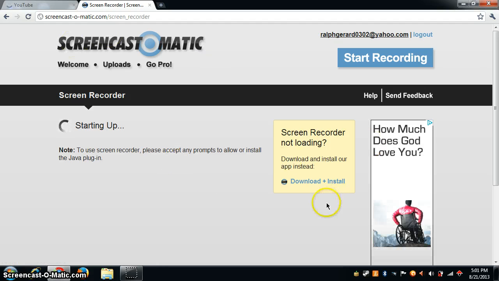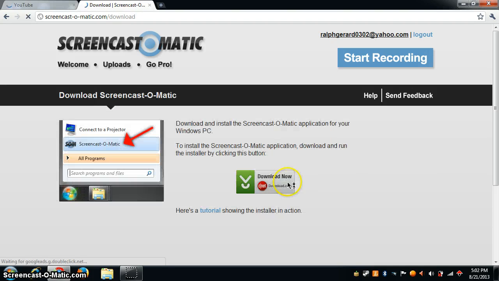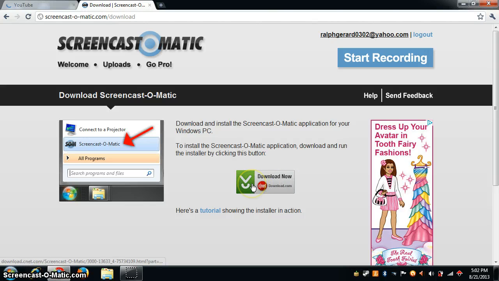and there you can see download and install. Click download install, and click the download now. You can see here download now,